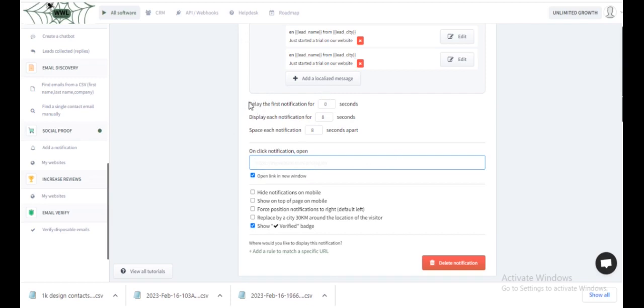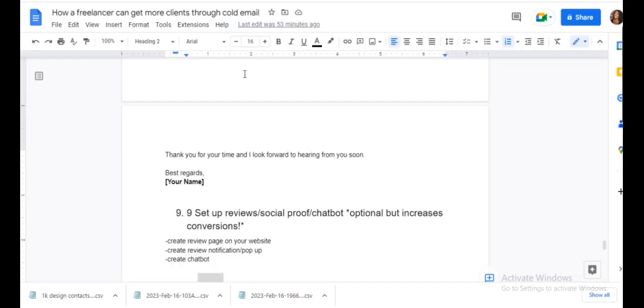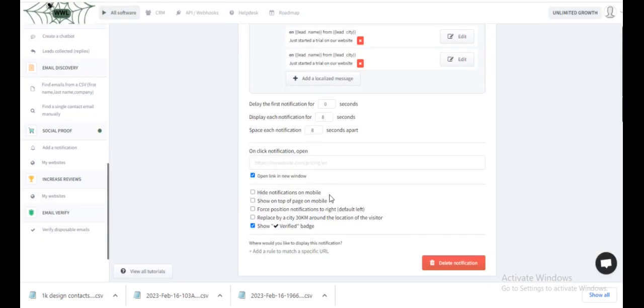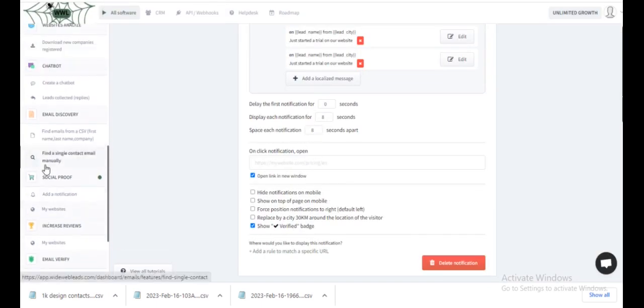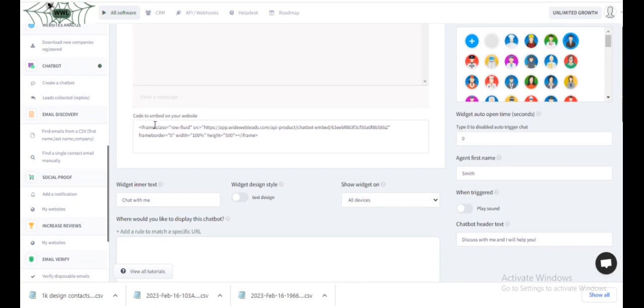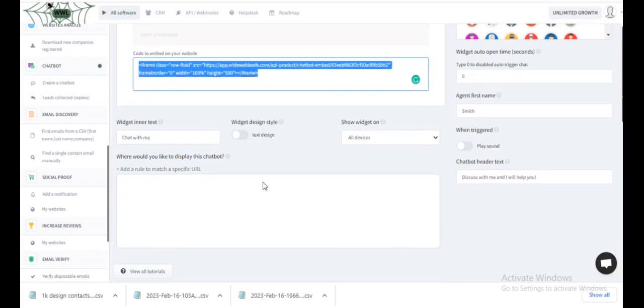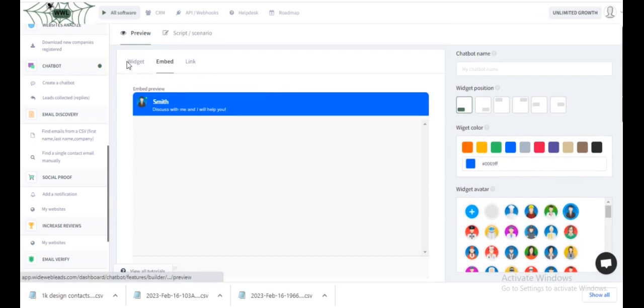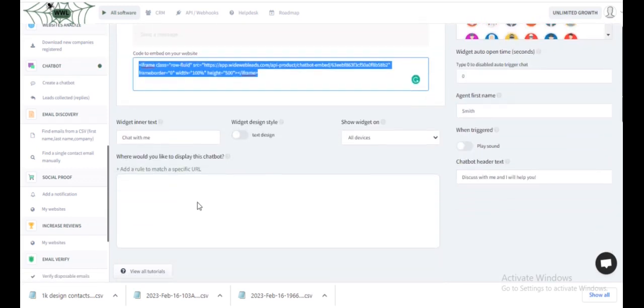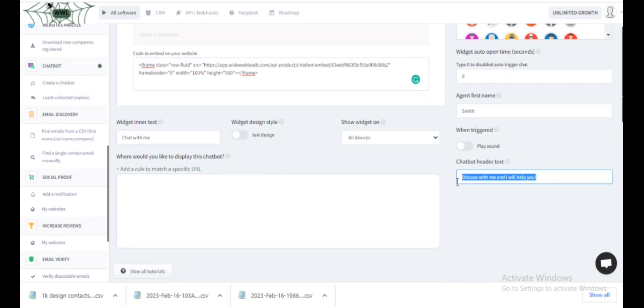And you can determine how long you'd want the notifications to last. And it really, really helps to promote conversions. And then the last thing would be the chatbot. So easy peasy. With the chatbot, we go to create a chatbot, of course. Yes, this is the code here. And essentially you can add in anything that you'd want your chatbot to say once a customer accesses your website.